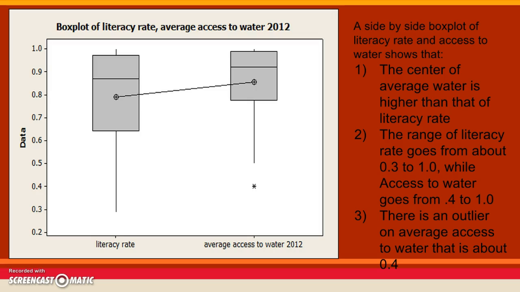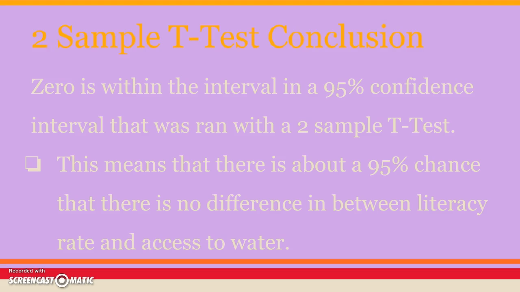And here we graph them, and you see there's significant overlap between them, and although average access to water is higher, so more people have access to water than can read, it's not a huge difference. We also constructed a 95% confidence interval on the difference, and 0 was within that interval, which means that